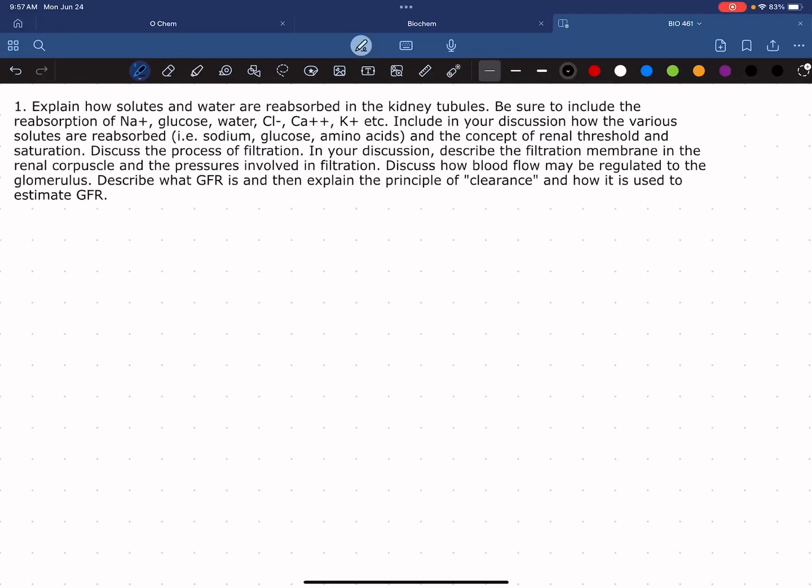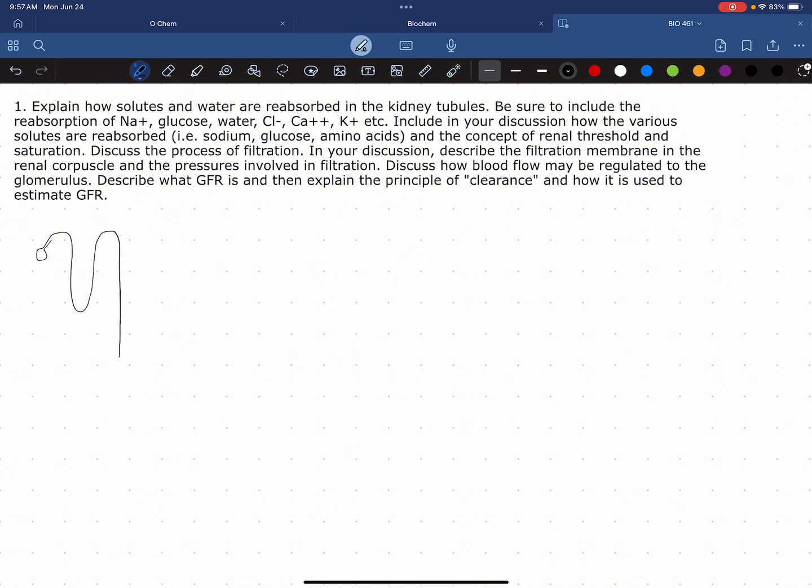Okay, so for question number 1, it asks us to talk about how solutes and water are reabsorbed in the kidney tubules. So we'll go ahead and draw a little picture here. This is going to be what we're talking about here. We're going to have,